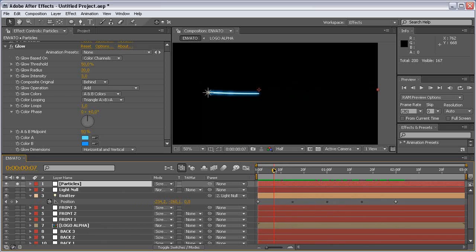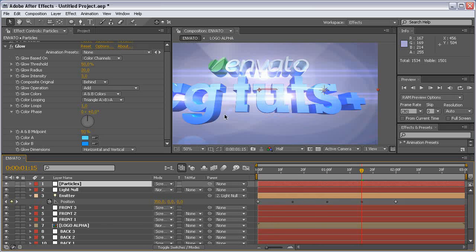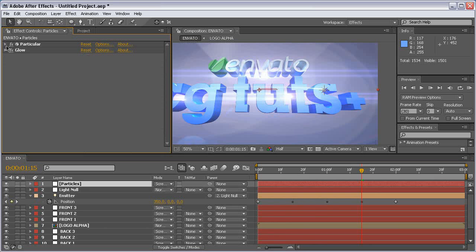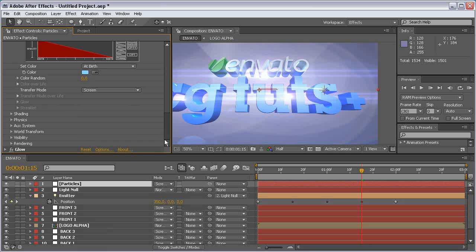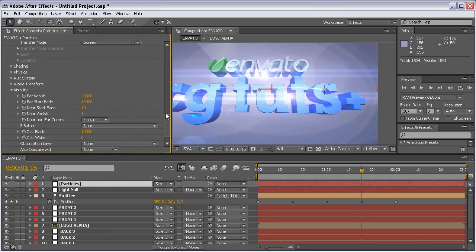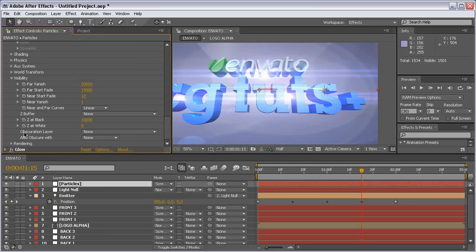And if you look close, you will see that the white starts in front of the letters and rotates around behind the letters, and this is not what we want. But to show you better, let's come to the particle layer, let's open our particle options and come to visibility, and here we have an obscuration layer,